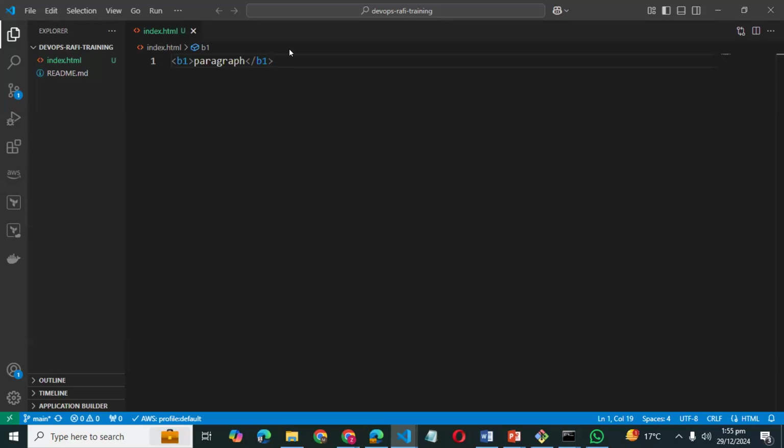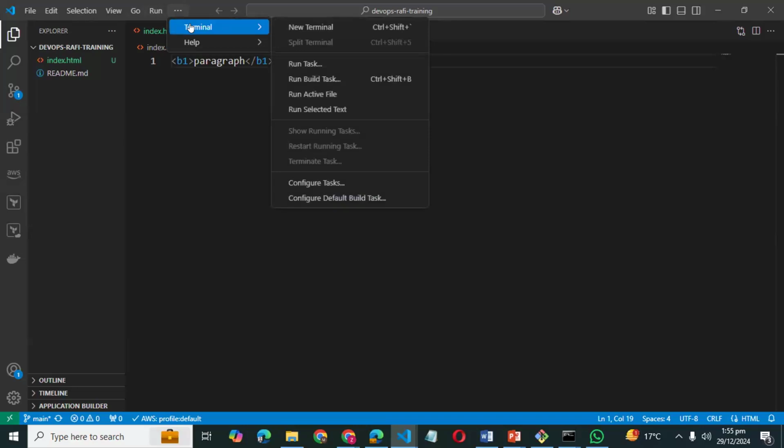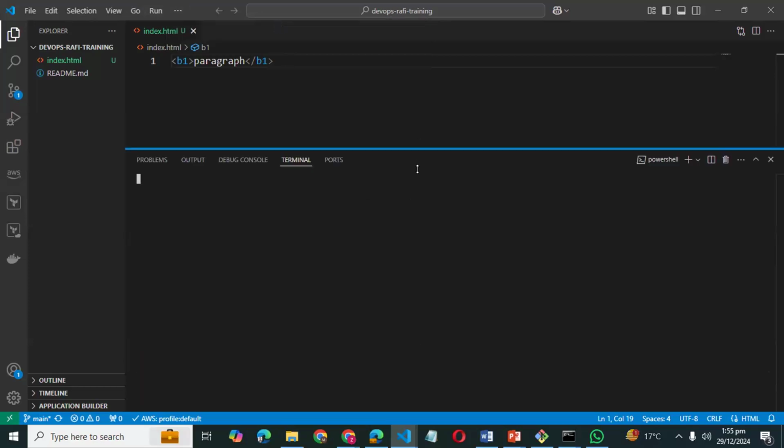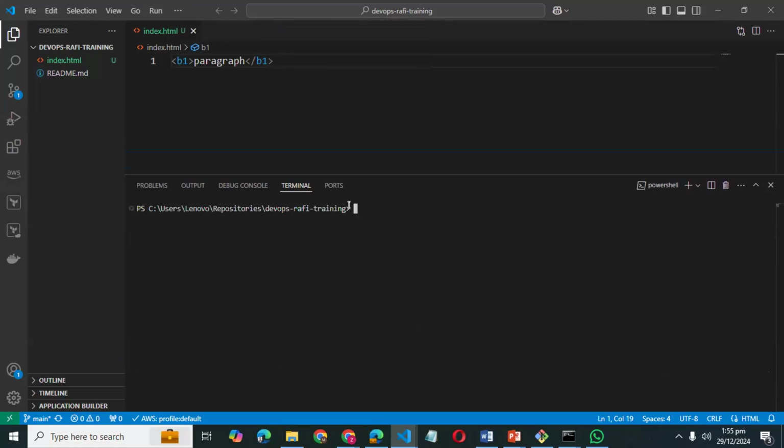In the terminal or maybe in the command prompt, right? Terminal. So there are two ways to run the command. You can open the terminal by using the Visual Studio Code editor like this. So this will open a new terminal for us. And once the terminal is open, we can run this command like git add. And after that, what do we need to write?